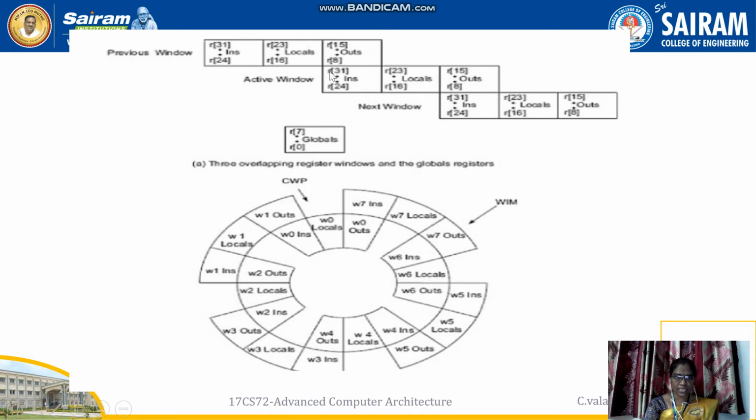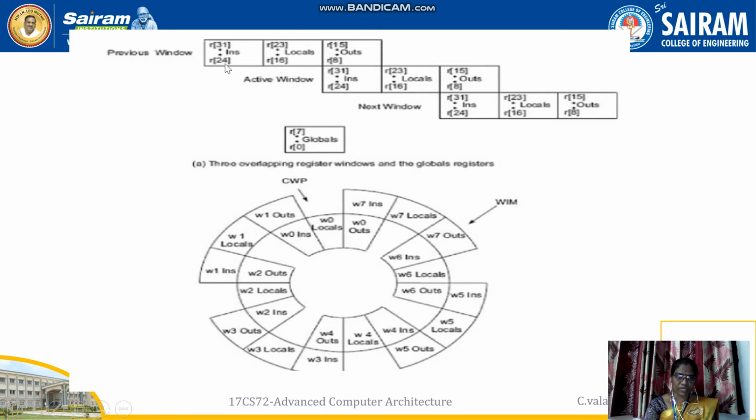You can see the top diagram showing how these window registers are overlapped for each procedure. Here you can see the first window register. It starts from registers 24 to 31. Those are considered as ins. Here registers 24 to 31 are called input registers. From R16 to R23,